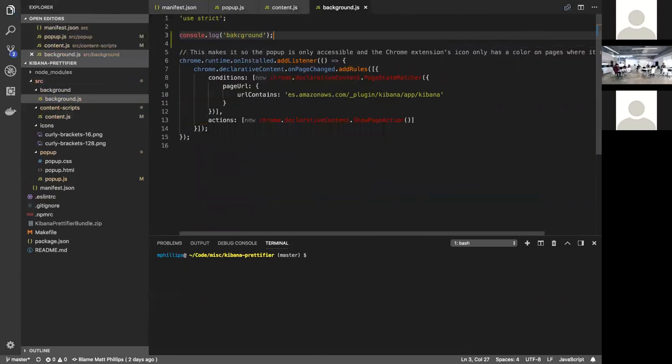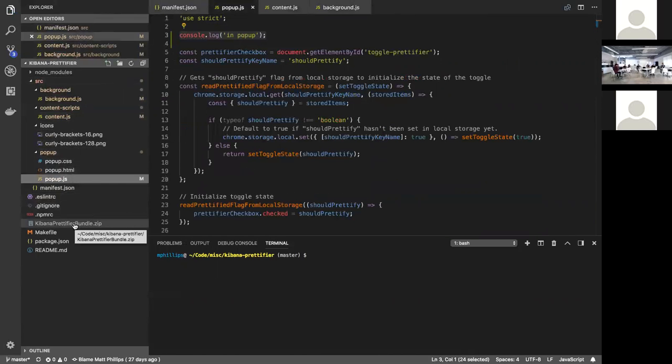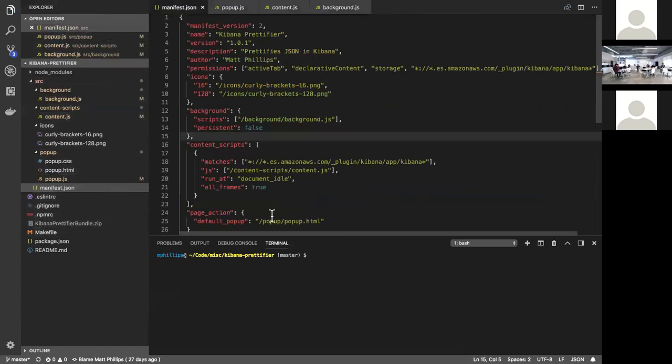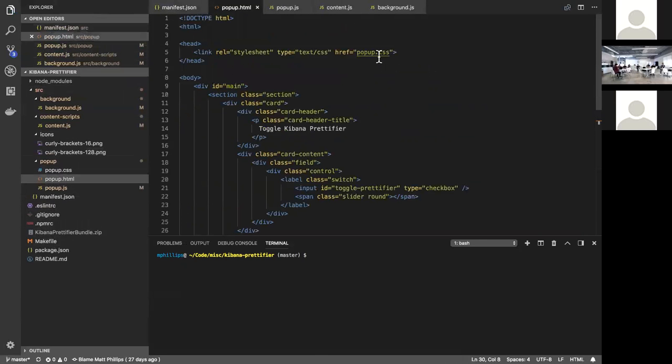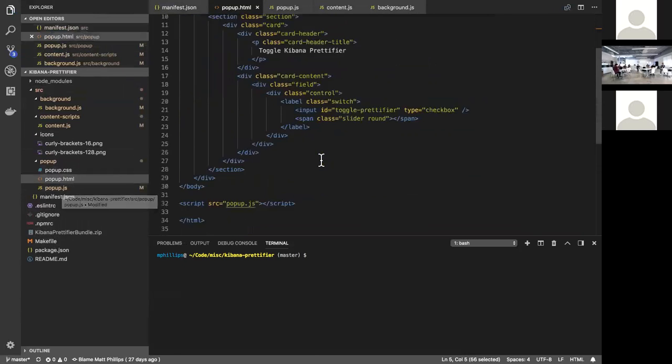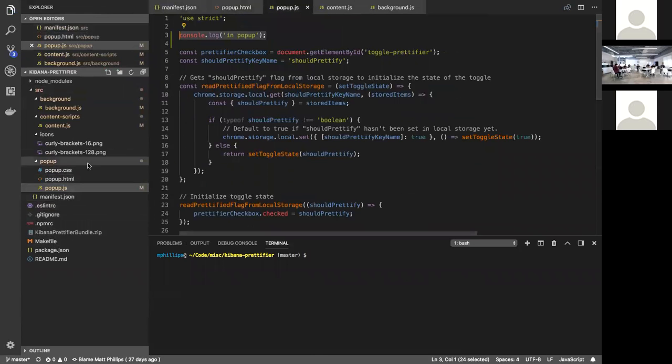So the background script you already saw. That's what makes that icon interactable. The pop-up in our manifest.json, we just referenced the HTML with this page action here. And that just tells it that when you click on that icon, the pop-up should open up. The HTML is referencing a style sheet with some CSS that I just stole because I hate writing my own CSS. And then pop-up.js,